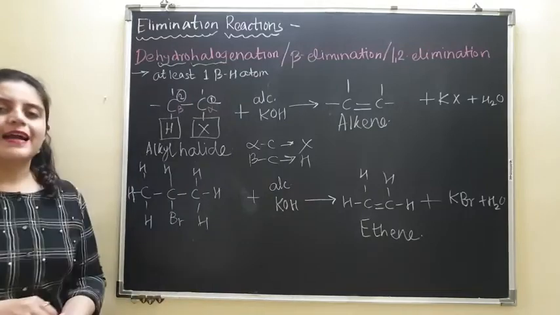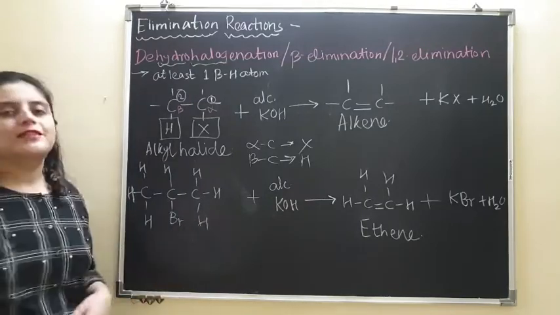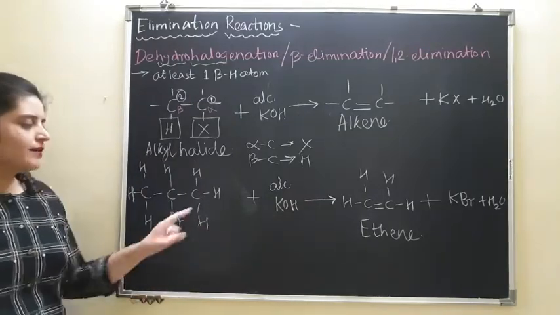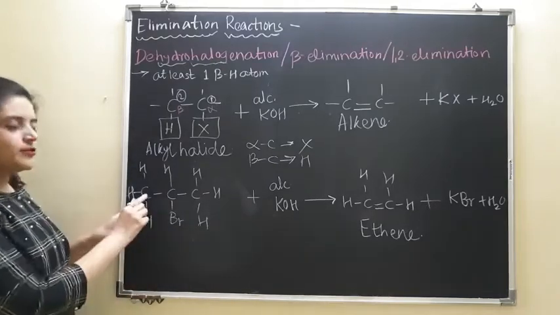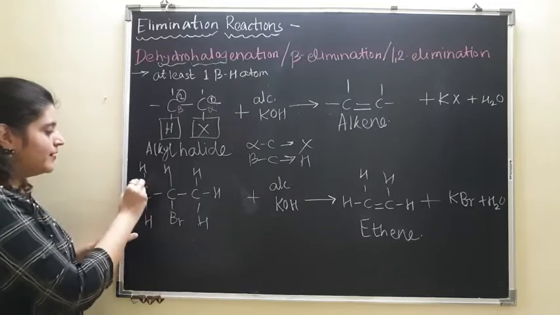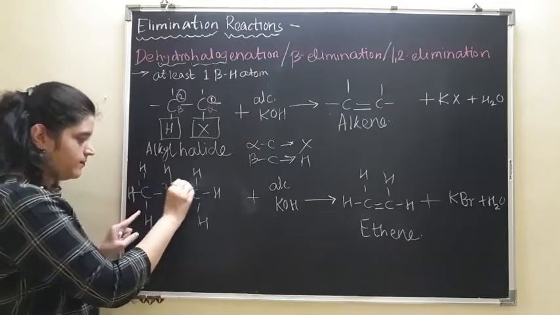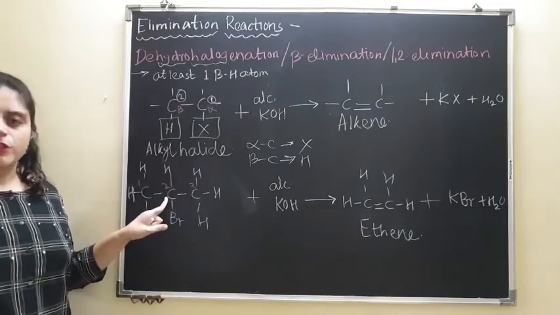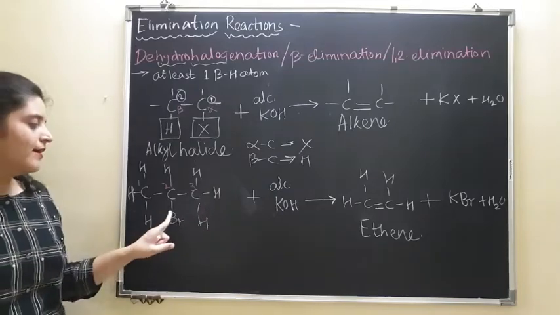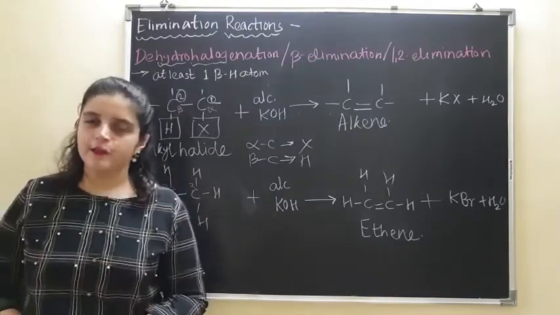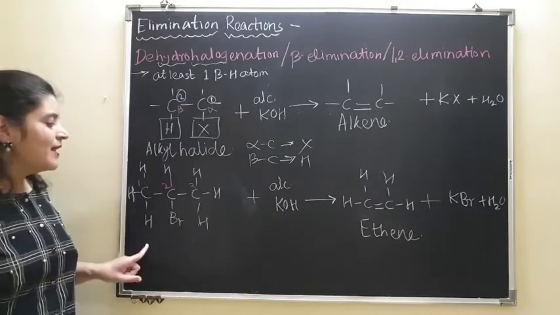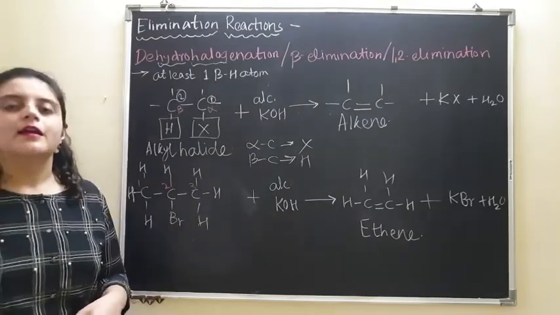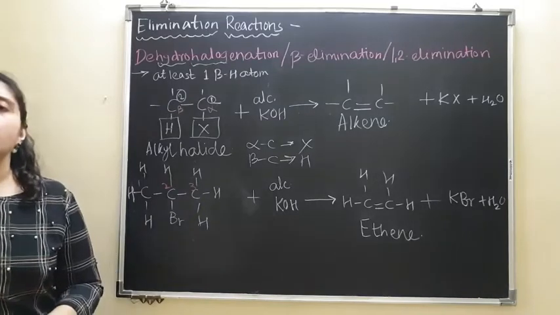How? If we start numbering the carbon atoms, from which side should we start? From either of the sides, there is going to be no problem. If you start from the left side, the bromine will have the second position. If you start from the right side, then also the bromine will have the second position. So you can start numbering the carbon atoms from any side, and the name of this structure is going to be 2-bromopropane.